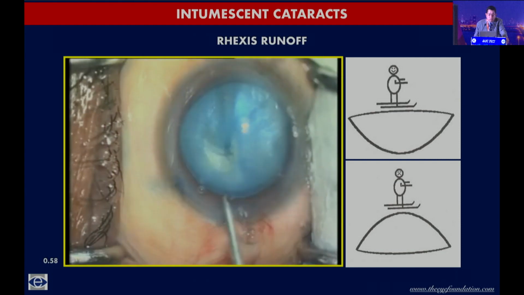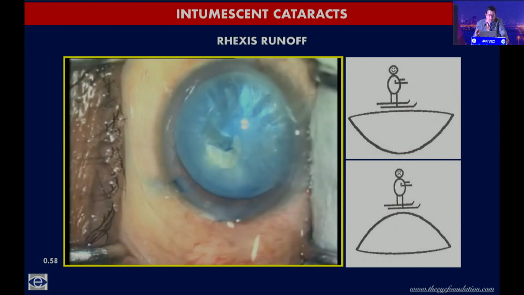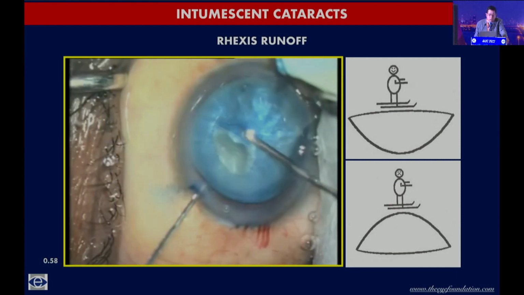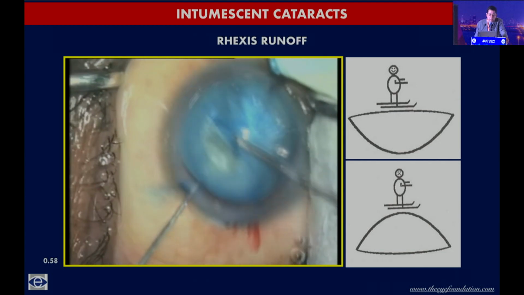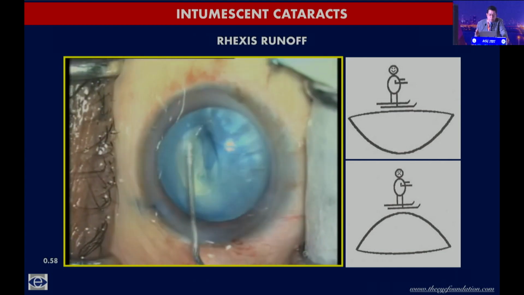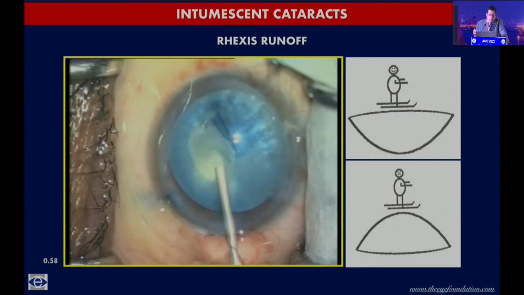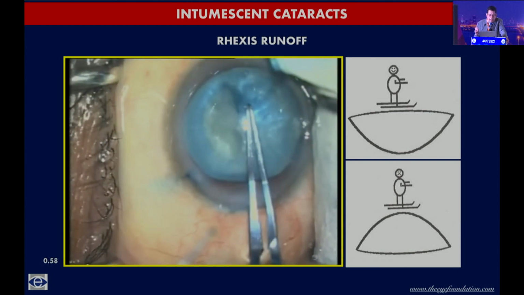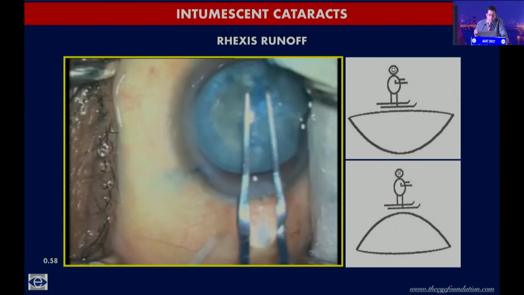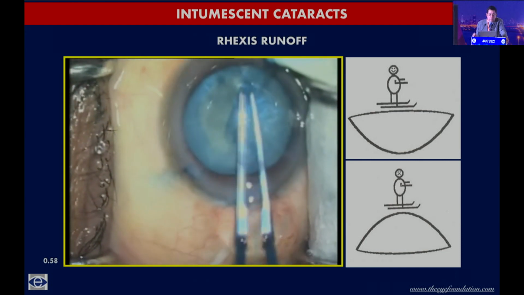Whenever there is a bulging forward, there is a tendency for the rhexis to run off to the periphery. As you can see in this cartoon with the skier on top, when there is a bulge, there's a tendency for it to run down to the valley. So the idea is to remove cortex and inject viscoelastic, preferably cohesive viscoelastic, to keep the anterior surface as flat